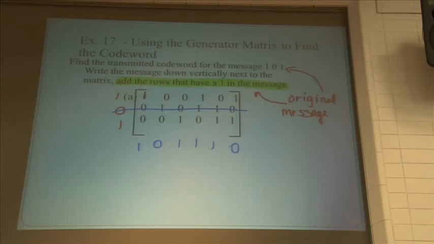1 plus 1 is 2, but we're in base 2. So 1 plus 1 becomes a 0. So that means this is how your original message, 101, is encoded. You're using your generator matrix to actually encode your message. So if you want to text somebody 101, hypothetically, this is what happened. There'd be a code built into your phone that